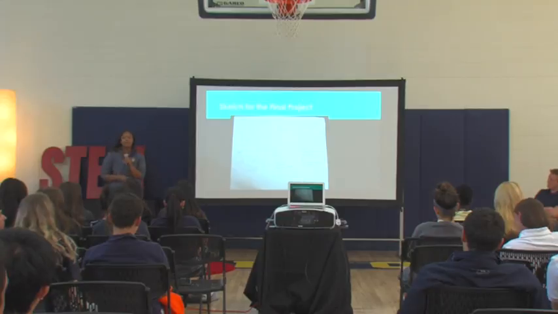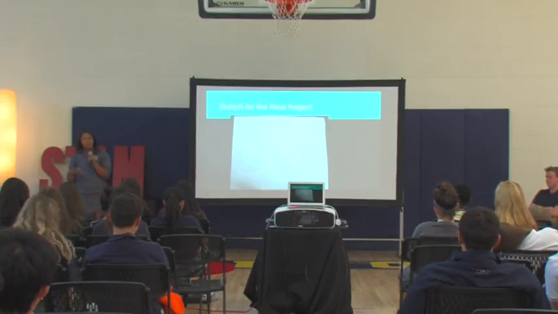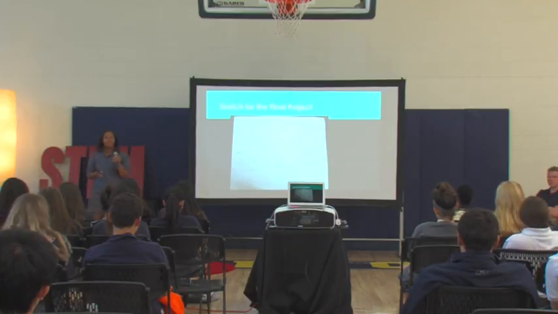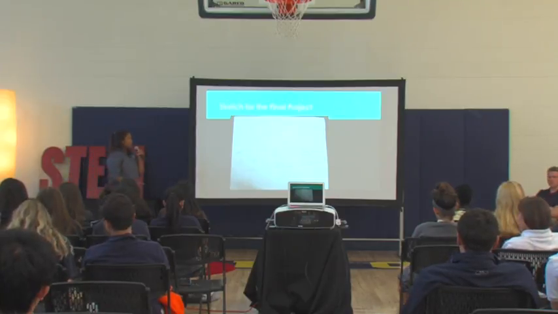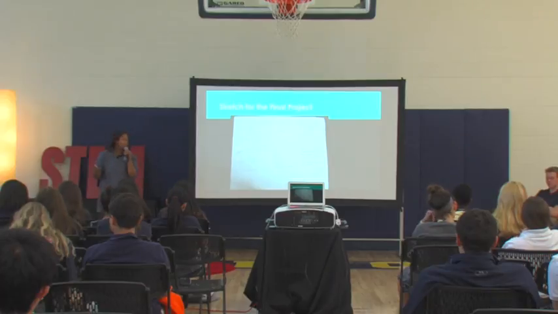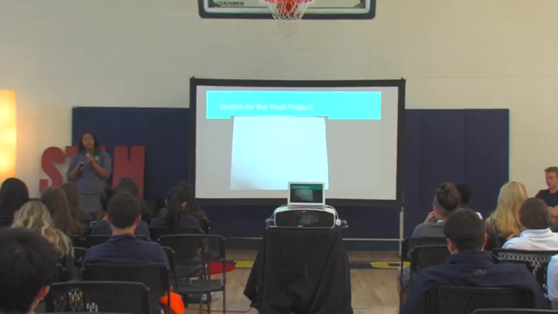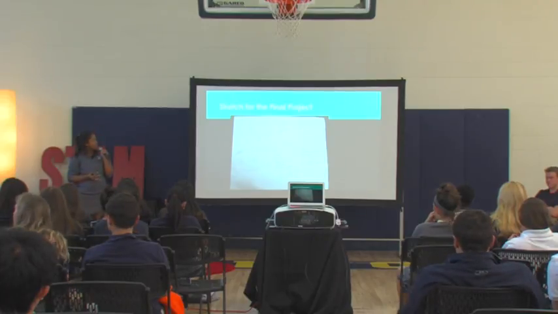So starting my final project, starting the building process of my final project, I started with sketches and did pros and cons lists for the sketches. So this top one, I thought the best part about the top one is that the solar panel would always have access to the sun, and so it would always have a good angle to the sun. But the bad part was that it was sort of bulky,